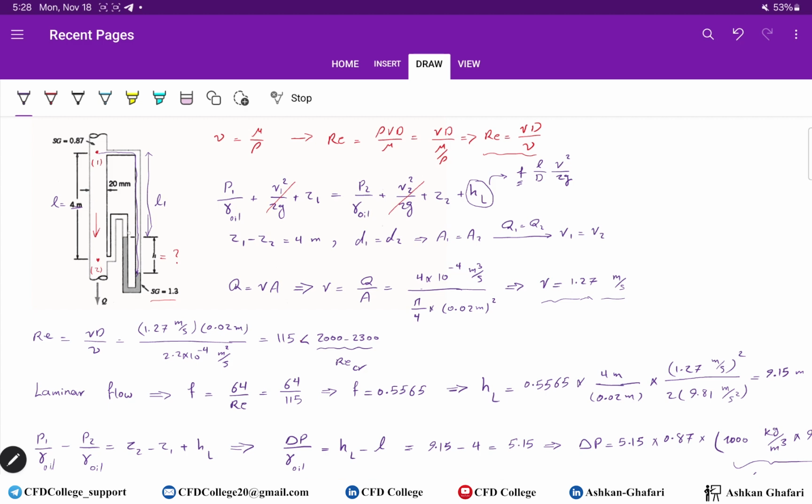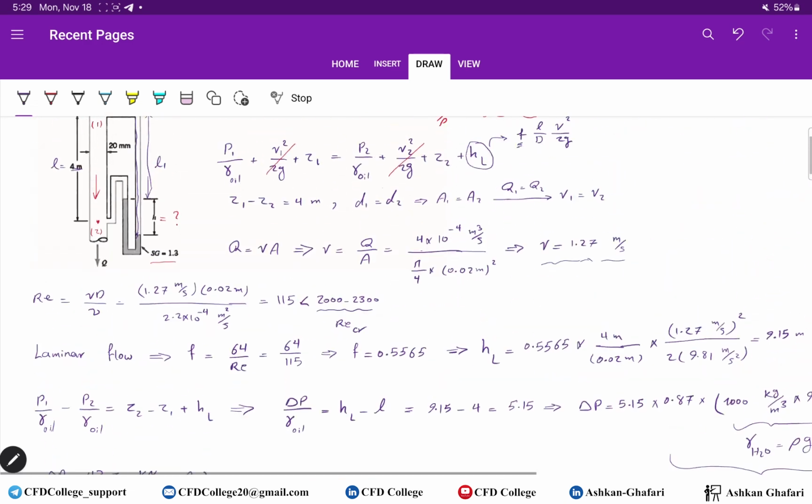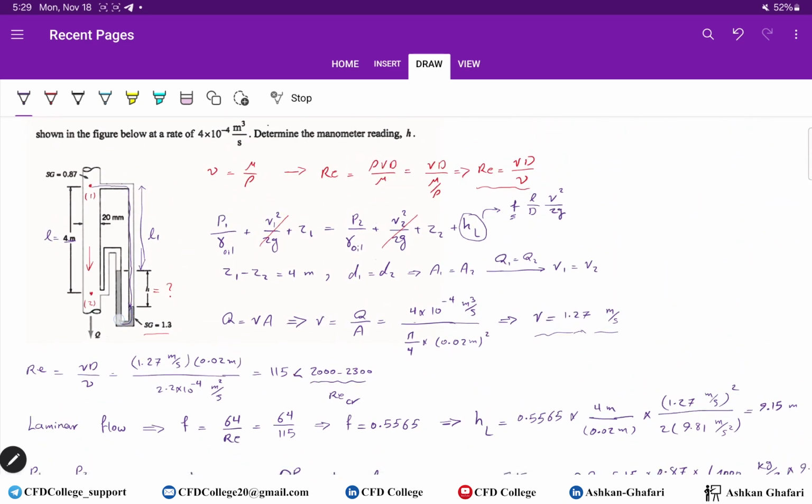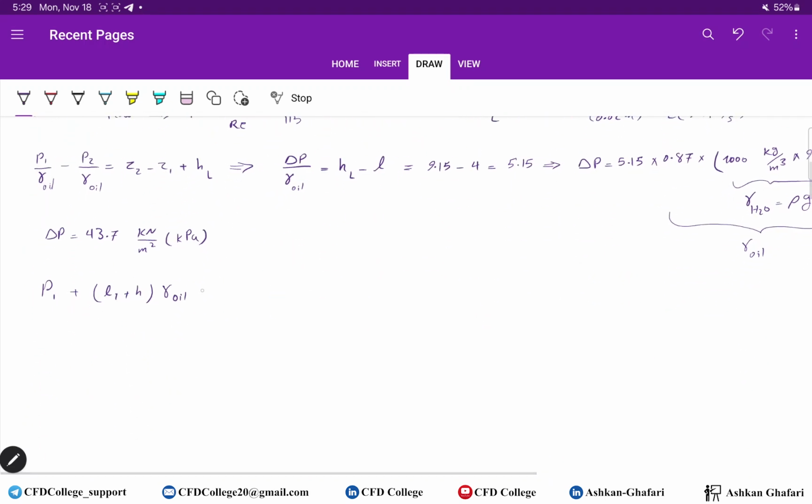The movement is downward, L1 plus H, and the fluid is the oil. So P1, we started from point 1, we move downward, so plus L1 plus H times gamma of oil. Then we should move upward for the distance of H, minus H times